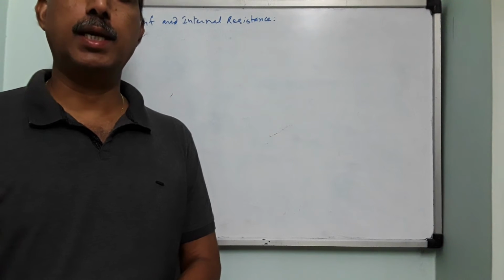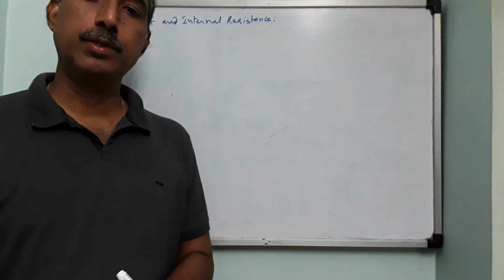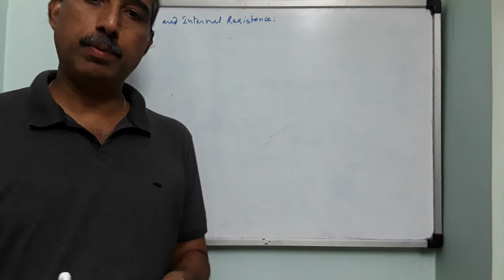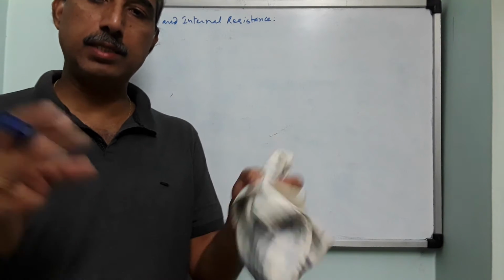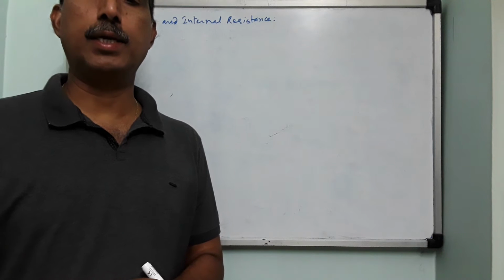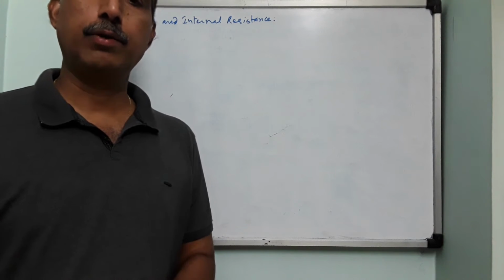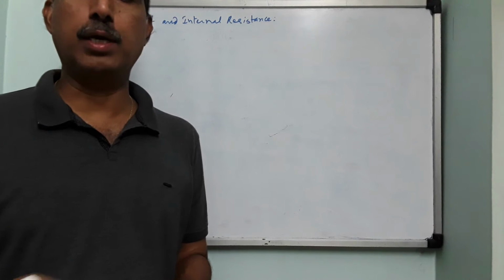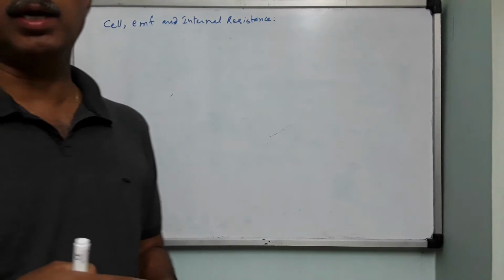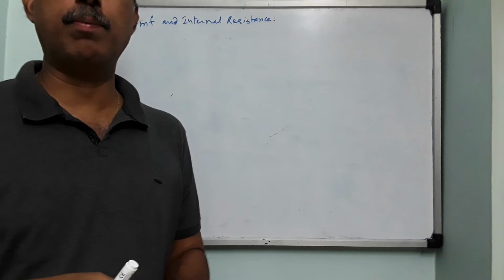Which energy? Electrical energy. Basically, what are the components of this cell? You have a vessel, maybe a glass tumbler, glass vessel, glass jar, in which you take an electrolyte, maybe copper sulfate or sodium chloride. You then take two electrodes, zinc, copper, and so many combinations. Okay, and when you dip this and connect the circuit, what will happen?